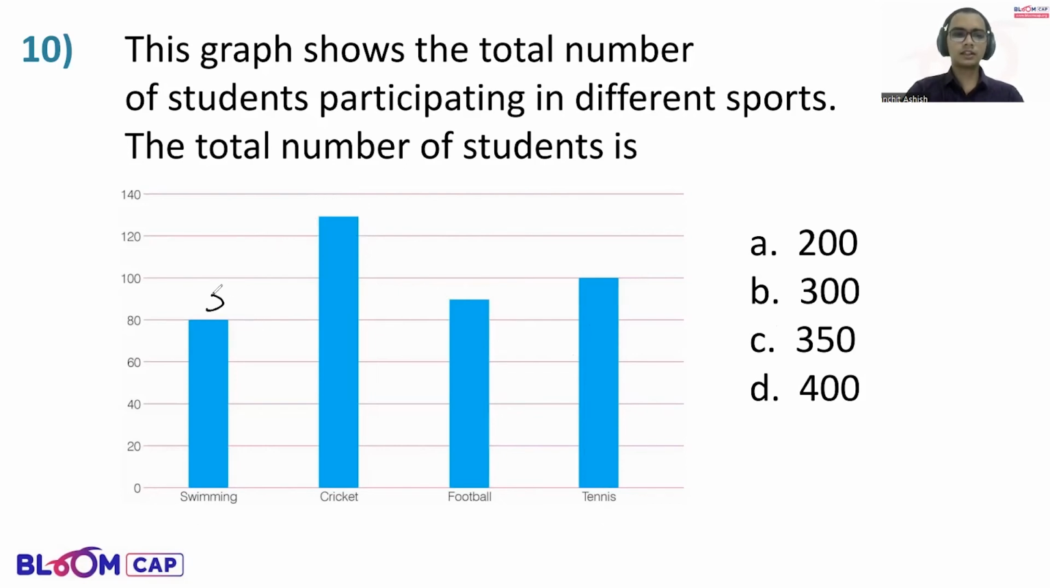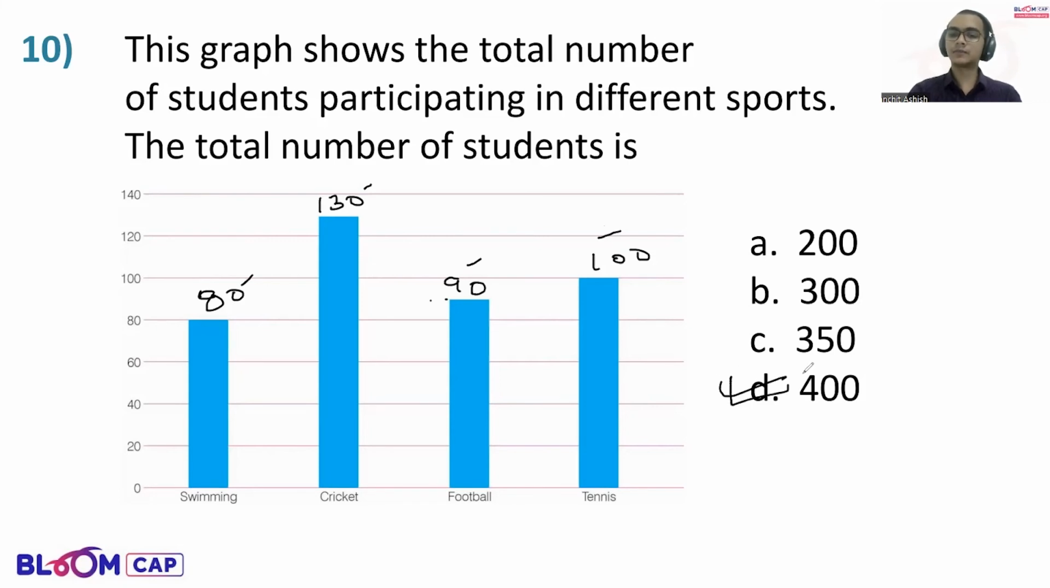The value of swimming is completely, like, we can just see it's 80. The value of cricket is between 120 and 140, so it's halfway through, so we can write it as 130. Football again halfway through between 80 and 100, so we can write it as 90. And tennis, it's 100. So we'll just add these numbers together. 80, 130 gives you 210, plus 90 gives you 300, plus 100 gives you 400, which is the right answer